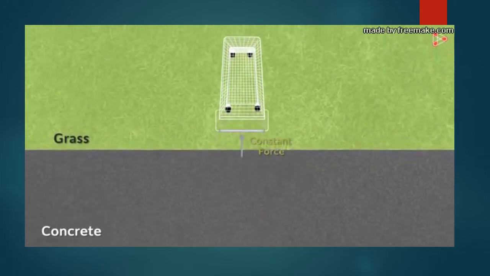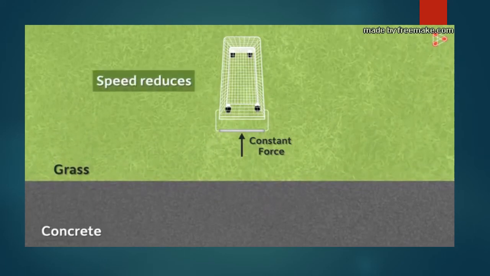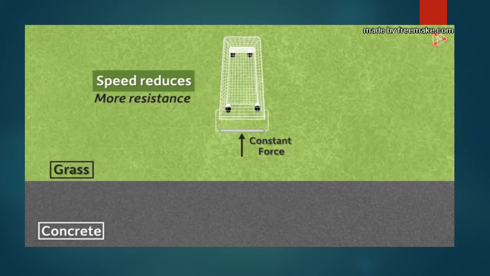What did you notice? As the wheels of the cart entered the grass surface, their speed reduced. The cart travelled at a much lower speed on grass than on the concrete road. And the reason for slower speed is rather obvious. The grass offers more resistance to the motion of the cart than the concrete road. Here, we can consider the concrete road and grass as two different media through which the cart is moving. Note that the direction of the cart is same in both the media.